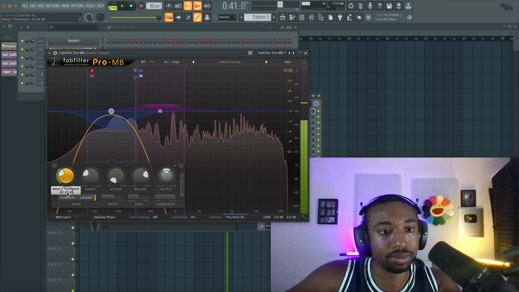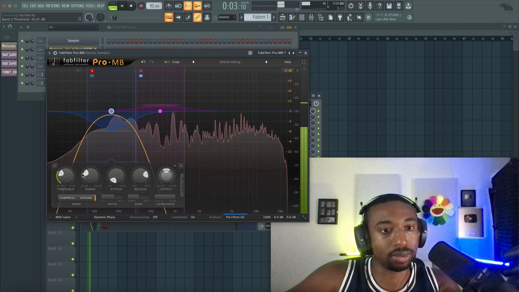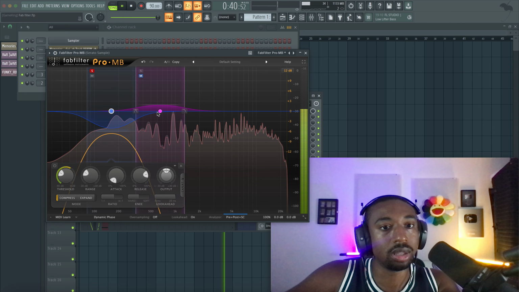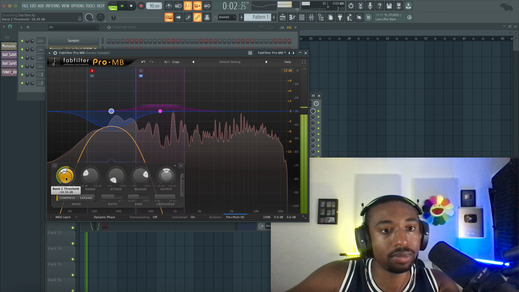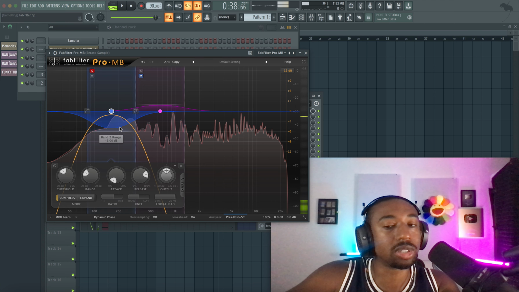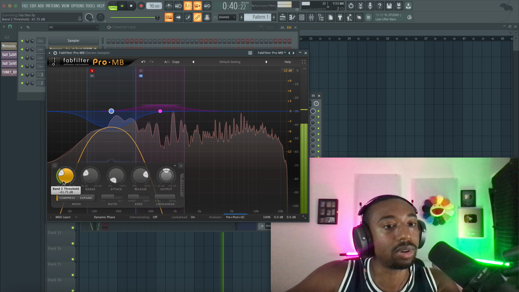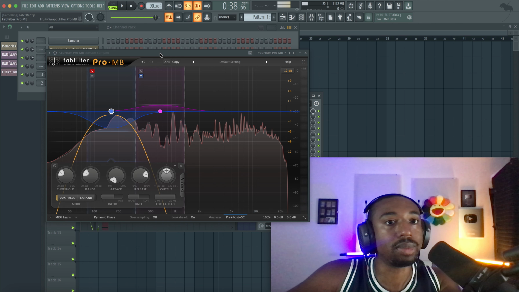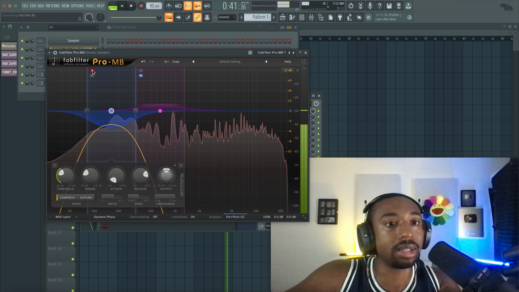Let's pull this down. So now we're gonna pull the threshold down so that it's actually pulling our signal down. Oh, I have it on expand mode. Let's switch this back to compressor mode. So as you can see, the volume is going down every time that low frequency passes this specific point. So I want it to basically be on the majority of the time. Because I'm recording, I have to increase my buffer here. All right, so video messes up the screen a lot. Anyhow, so that will keep that low end kind of sitting there.